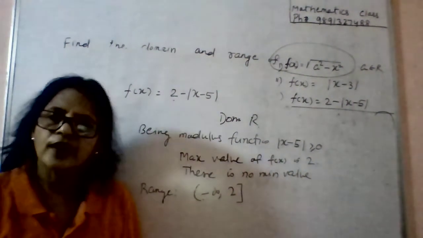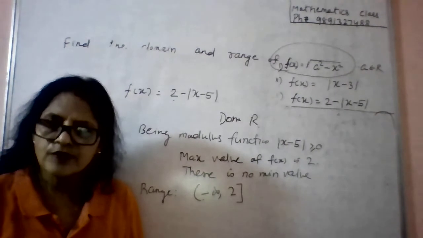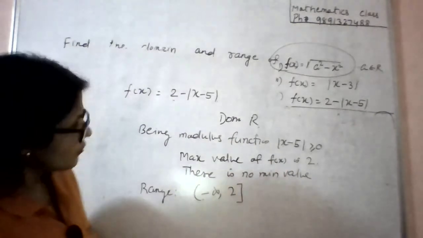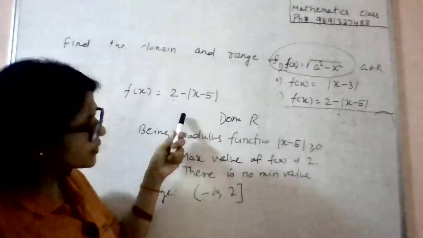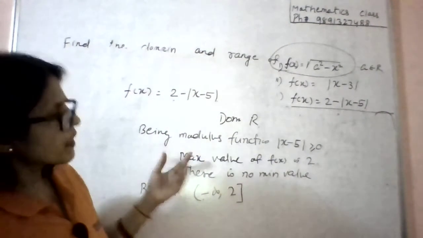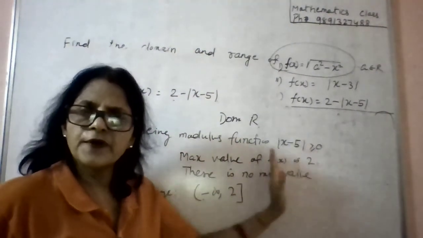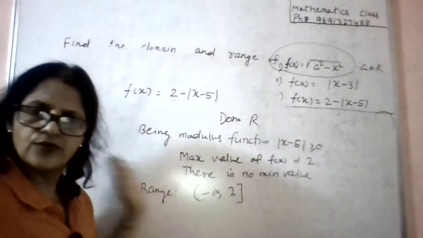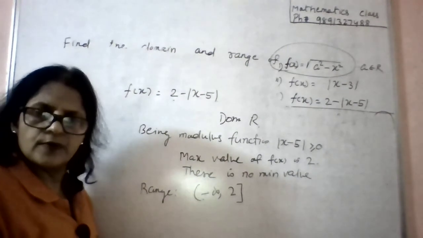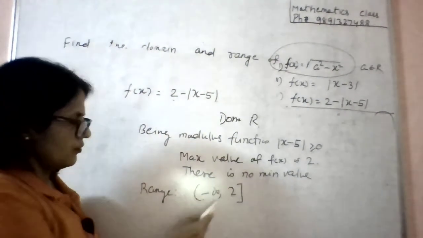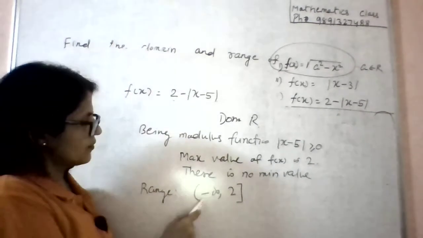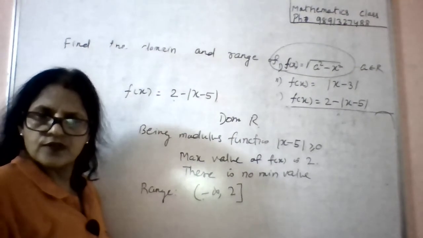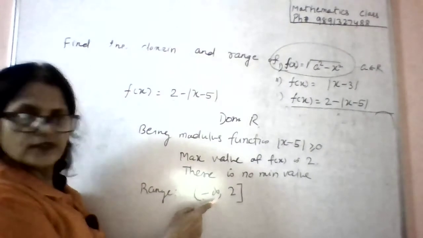Okay, so this is also another way of doing the question, by using common sense. Though we have a procedure to do this, at the moment you see such questions, you can apply common sense also. So the maximum value is 2, so it cannot go beyond 2. So the upper limit is 2. Then it is decreasing, becoming less and less than 2. So there is no minimum value. Okay, so the range is the set of all values of the function. So range equals this.